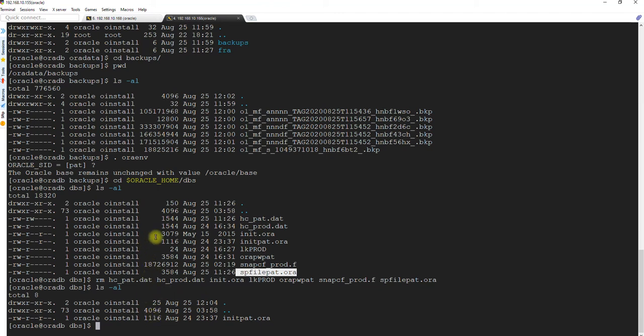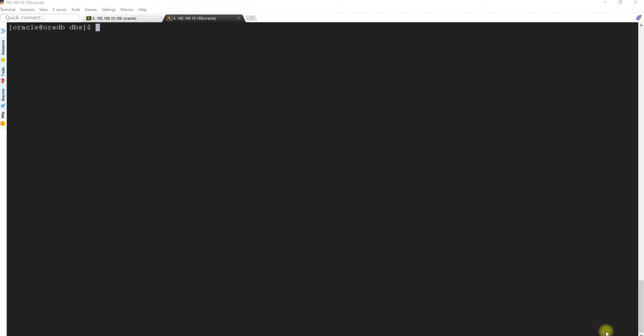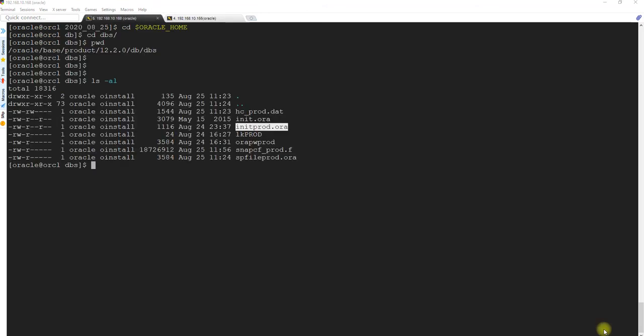We need to then restore and recover the database and then rename the database at that point of time. We will be changing everything, but until then nothing will be changed. So let me show you. Let's remove this file. So what I did is, I am currently in the Oracle Home dbs location on the primary server.